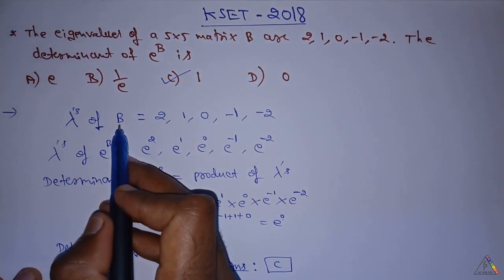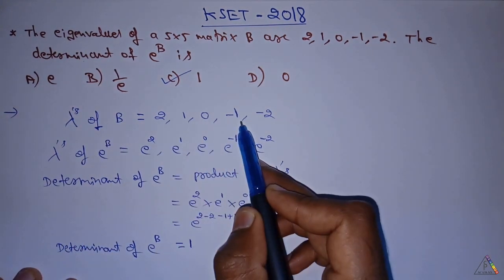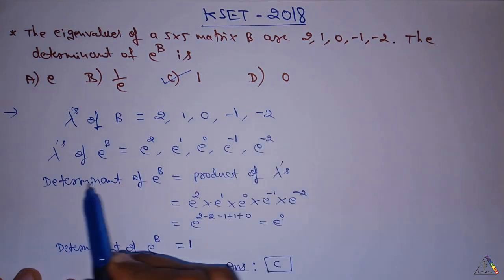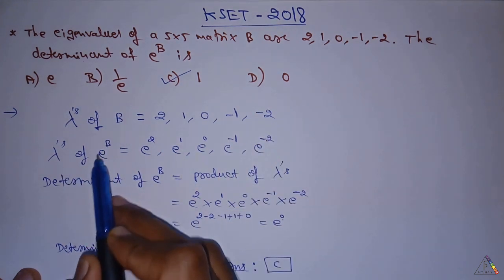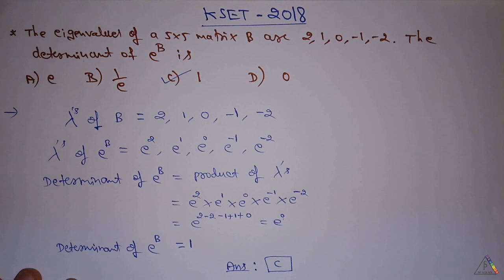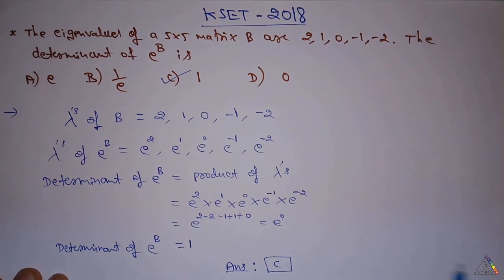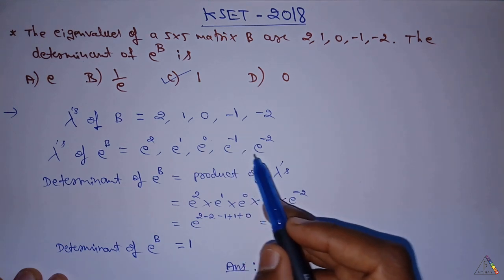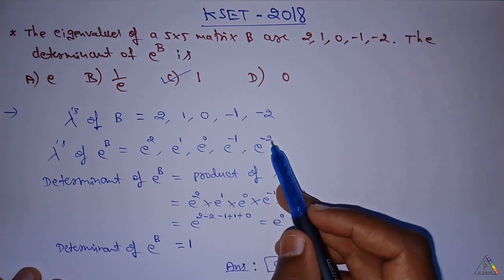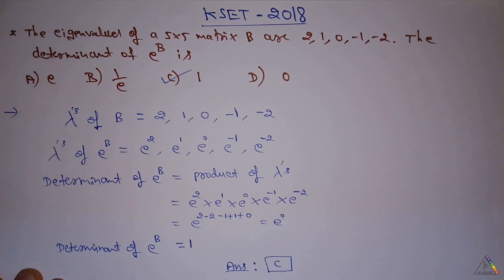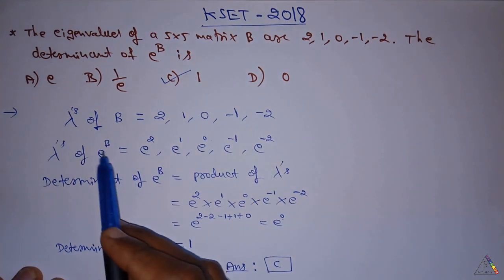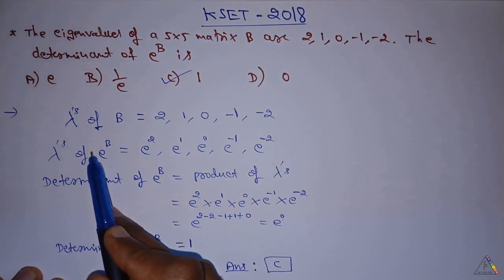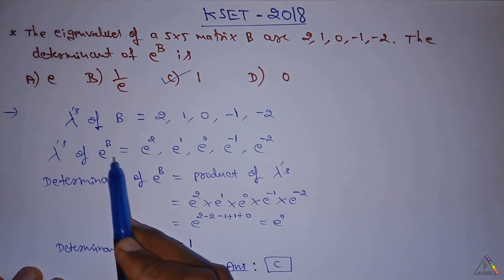The eigenvalues of B are 2, 1, 0, minus 1, minus 2, and the eigenvalues of e power B, from the properties of eigenvalues, will be e power 2, e power 1, e power 0, e power minus 1, and e power minus 2. And by the property of eigenvalues, the determinant of this new matrix, that is e power B, will be equal